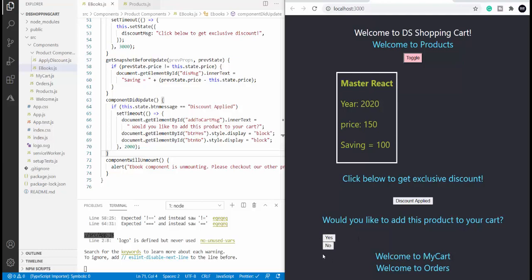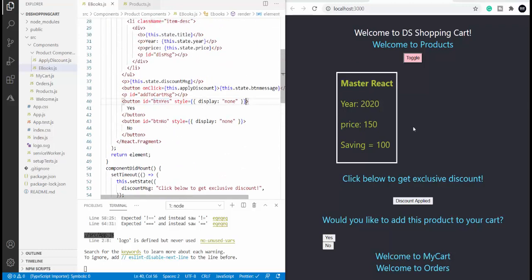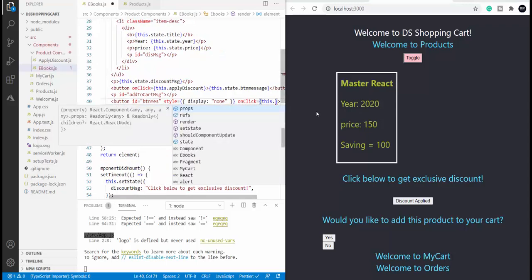Right now, I'm not going to focus on the UI part. Let's see the functionality part. So, on the click of this button, I'm going to include an event handling method. onClick, as you see, onClick is camel casing, and inside the curly brackets, this dot.